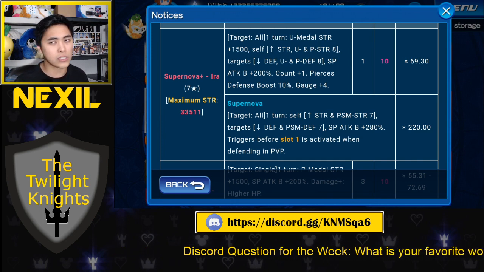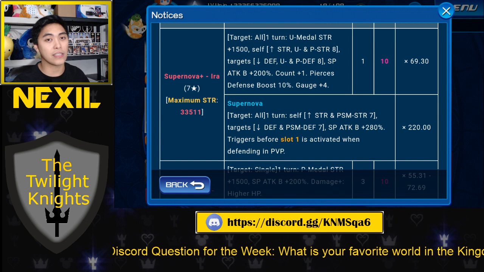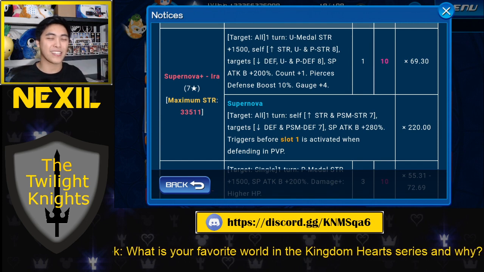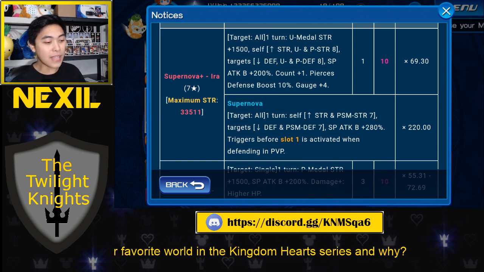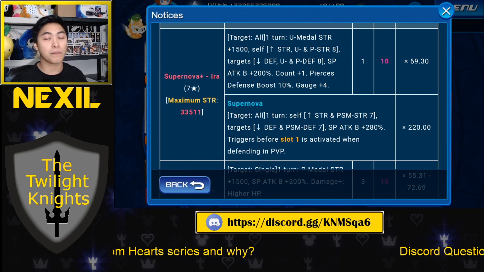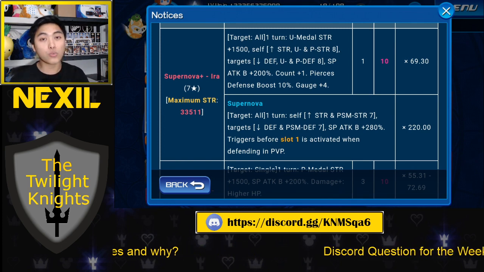I think those are the only 2 tier 10s that come to mind that have the defense boost piercing effect, where they can break the defense boost in PvP. But that is one edge that Ira has. On top of that, Ira only costs 1 gauge, but restores 4 gauges, which pairs well, actually, with Kingdom Hearts